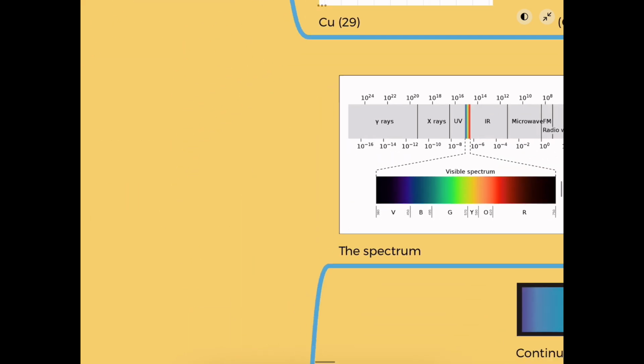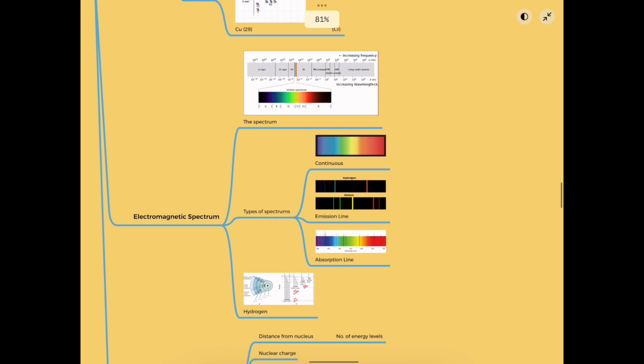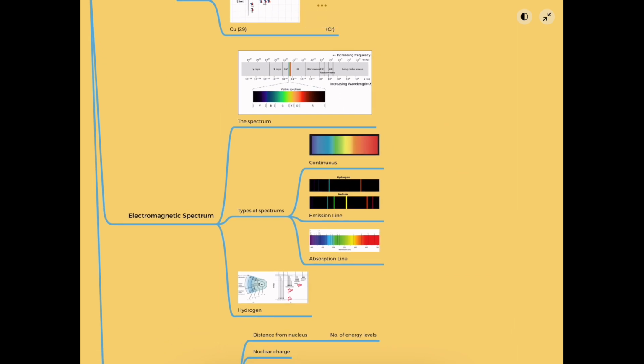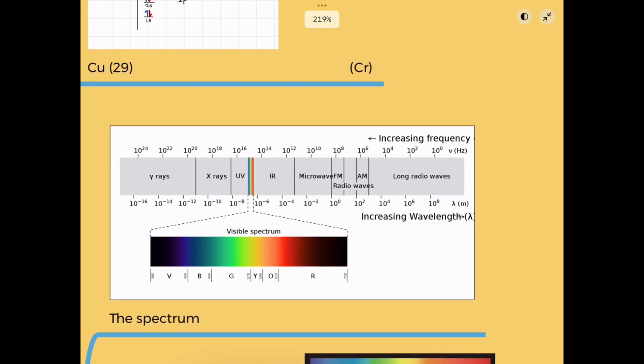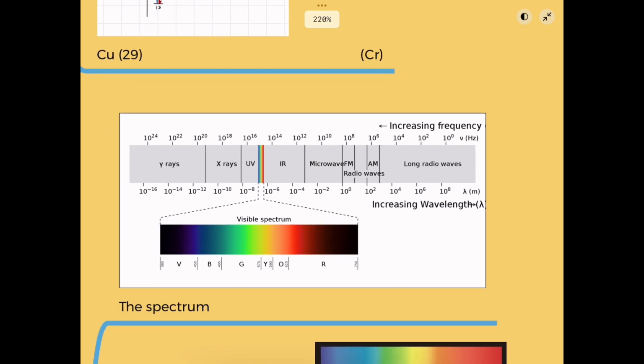Now we're going to look at the electromagnetic spectrum. Now, why the electromagnetic spectrum, you may ask? It's because we need to look into the movement of electrons across different energy levels in relation to the electromagnetic spectrum. What you basically need to remember over here is that the shorter the wavelength is, the stronger the